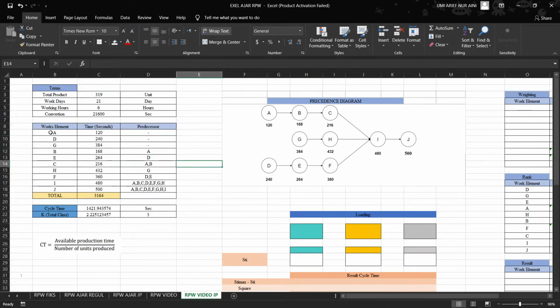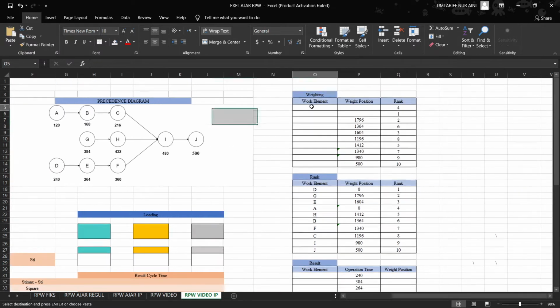You can copy from work element A until work element G, and then paste it in this column.